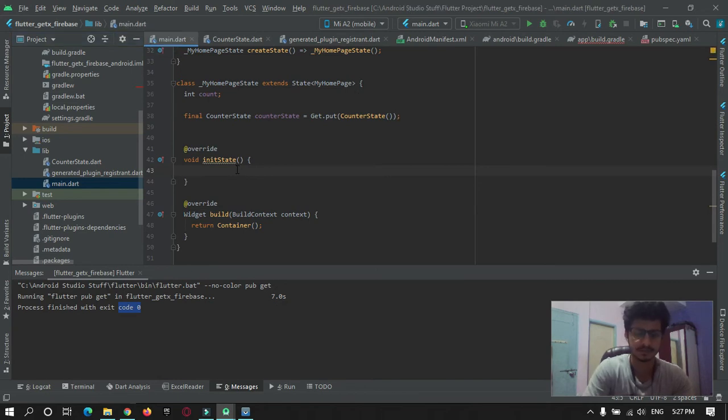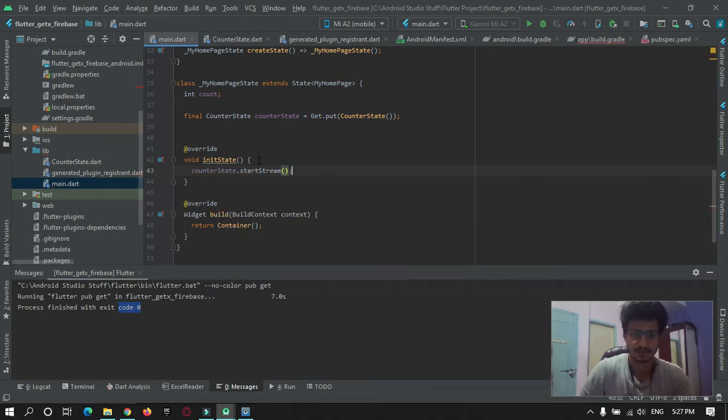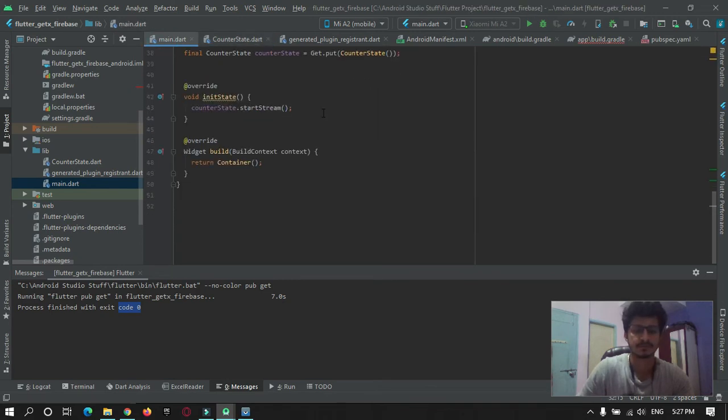For that, counterState dot startStream. This will collect all the data from the database server that is available in this path: data, counter state, and this count variable will be fetched. After that, we will work on the UI design to show the updated numbers.